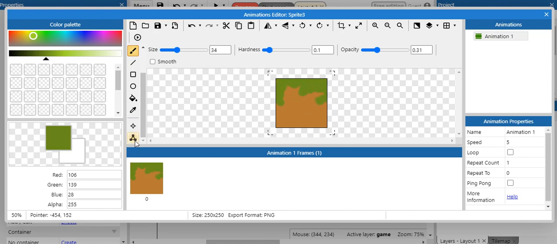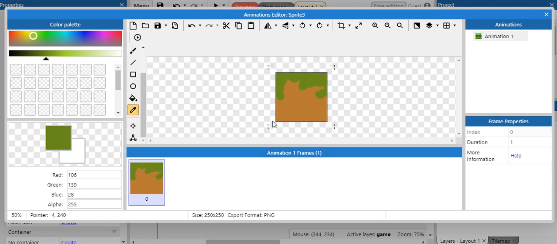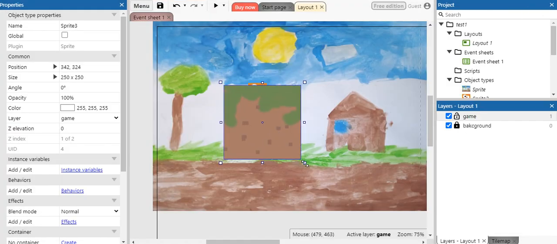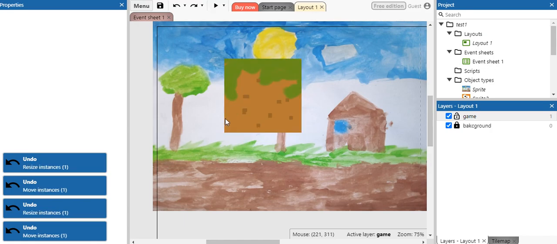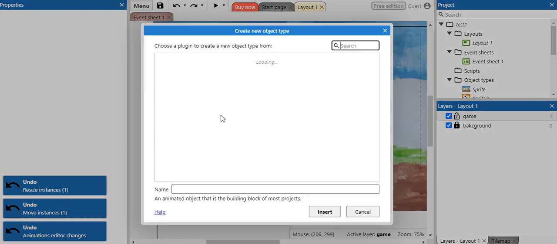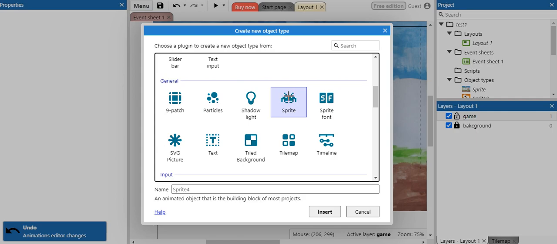Okay, and here I can put some dirt if you wish. I can make some dirt lines like that. Okay, now this is one way of doing this. You can copy and you can paste, and you can keep pasting one block next to the other one, like that. Another way of doing this is giving a right click, inserting a new object, and in a sprite